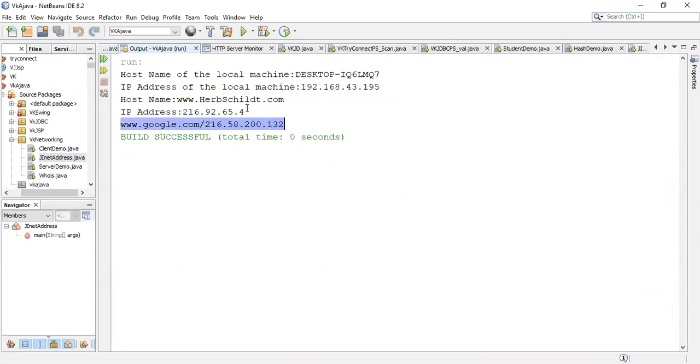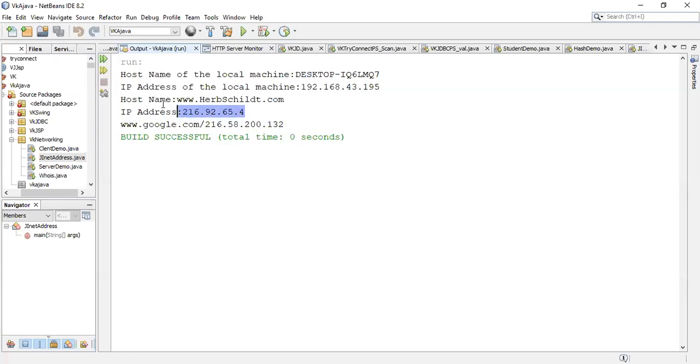Maybe it is because of the security settings Google uses, or maybe right now the server is active. So depending on that, I may get multiple machines for Google, or I may get a single IP address for Google. So can you see, no two IP addresses will be the same on the network? They will always be different. So I hope this program is clear to you. This is the output you have to show.